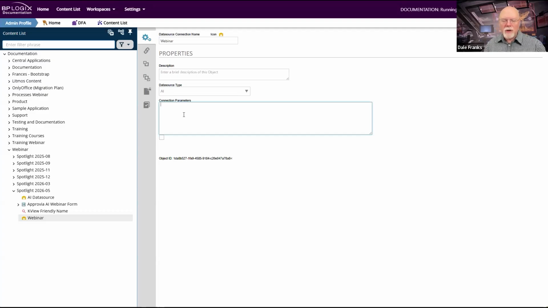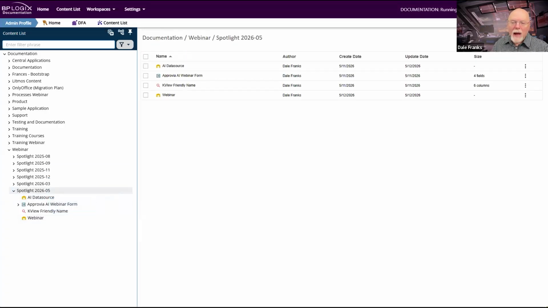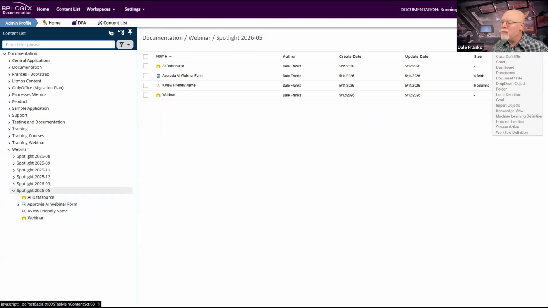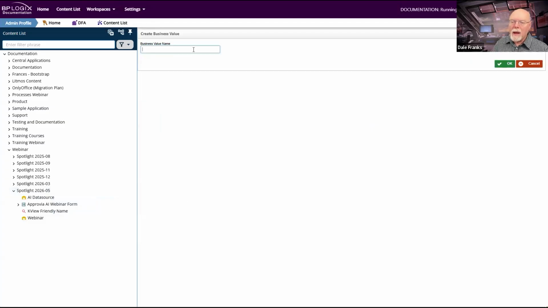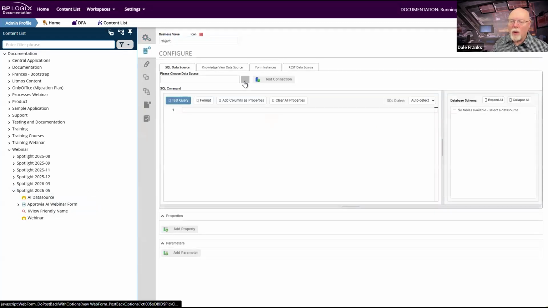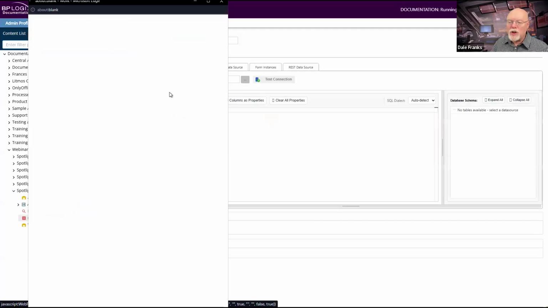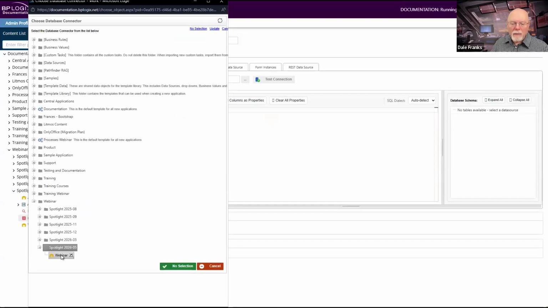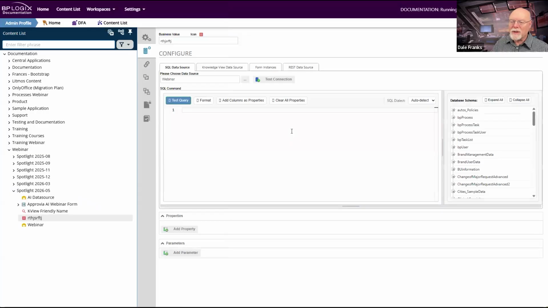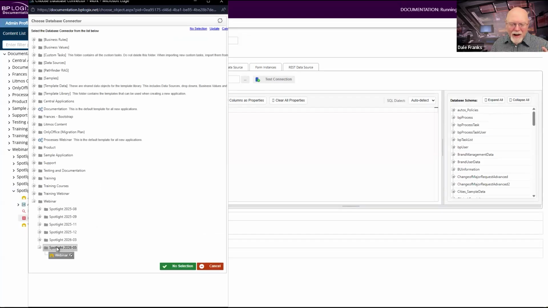So whenever you go into any sort of business value, especially like a REST business value, you have to set the appropriate data source for it, right? So if we were to go in and just create a business value real quick, and we'll just give it a fake name, and we'll go into our business value, what enables it to work is our ability to choose the data source for it, and our ability to, in this case, choose this webinar data source. Oh, wait, nope, that is the wrong data source. But all right, fine. I'd have to go ahead and look for it to find that data source.